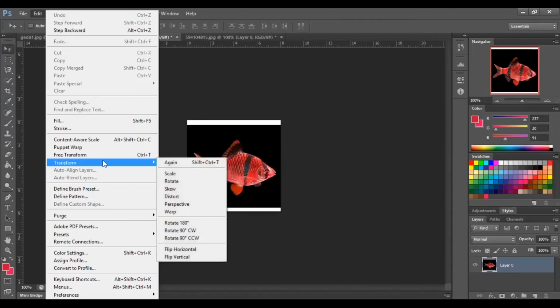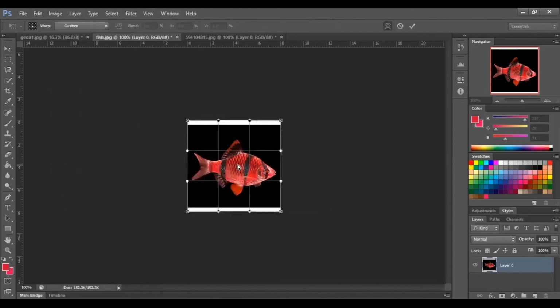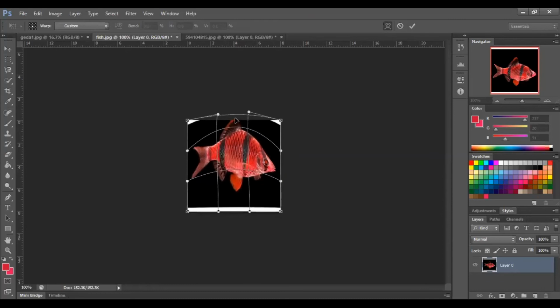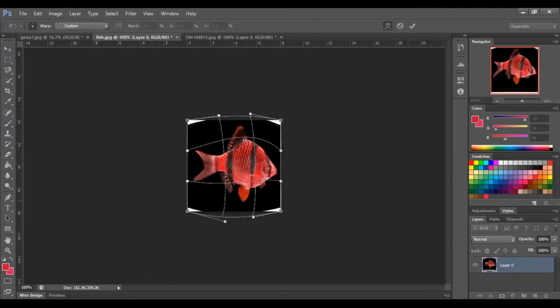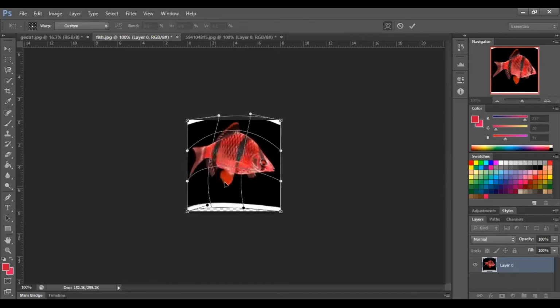Is this clear to everyone? All the transform options: scale, rotate, skew, distort, perspective. Okay, and I am going to use the Warp. See, it will divide your image into 9 different parts. You can transform any of the parts from this. See, here the grid is being shown. I am going to transform from this grid. You can transform it anywhere in the Warp option. The image is being divided into 9 parts, so transforming your image is very easy.